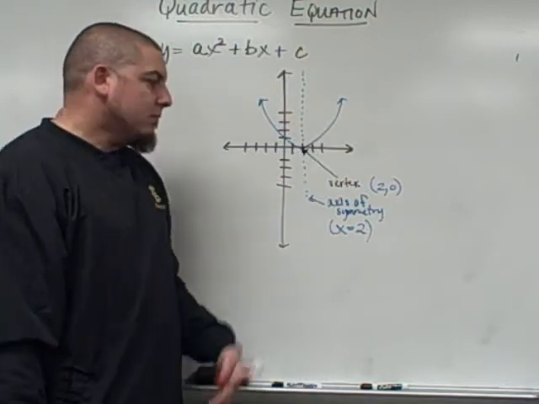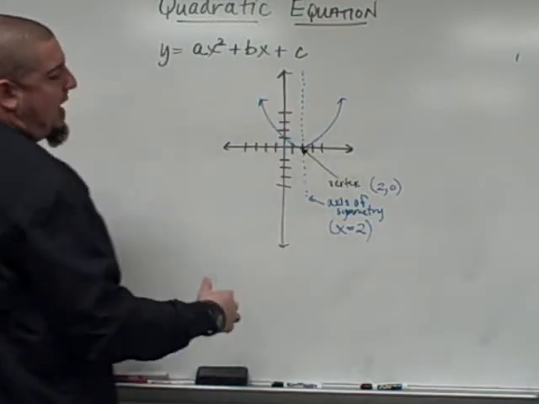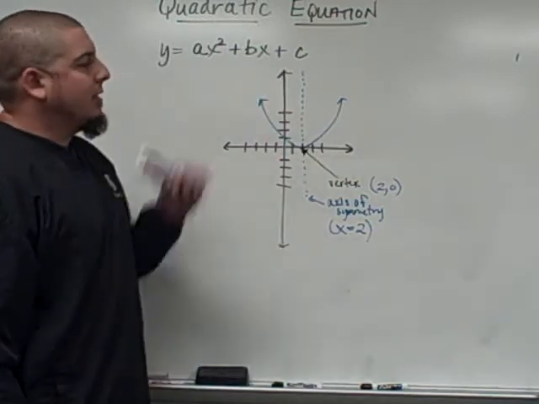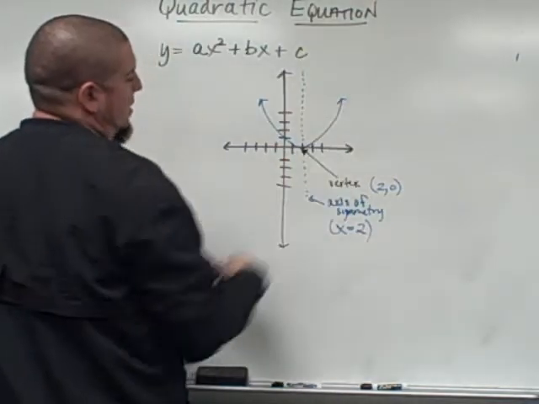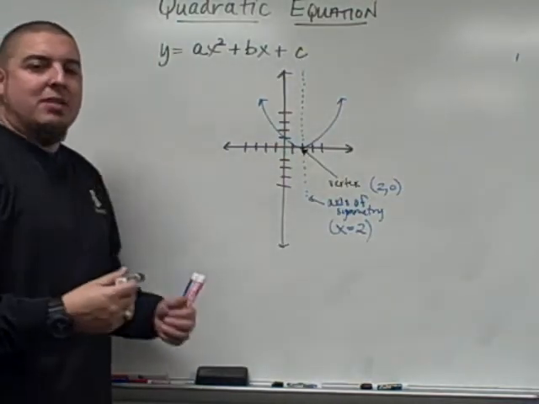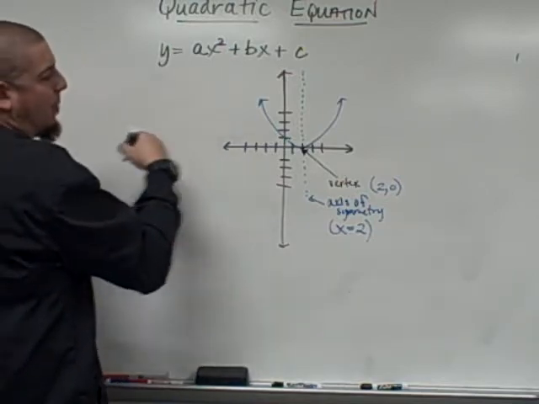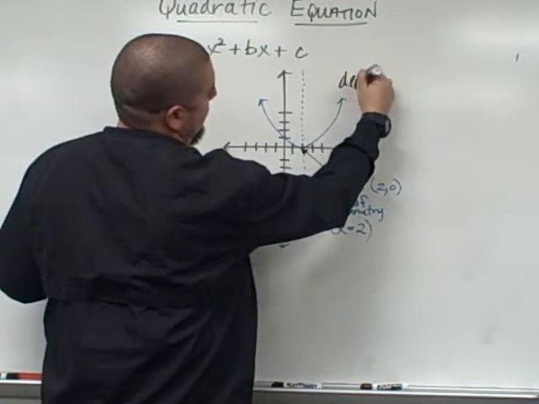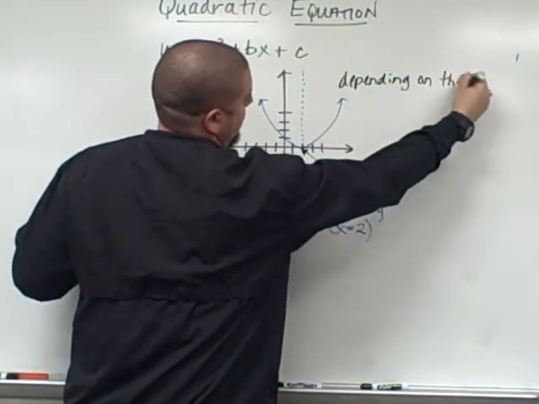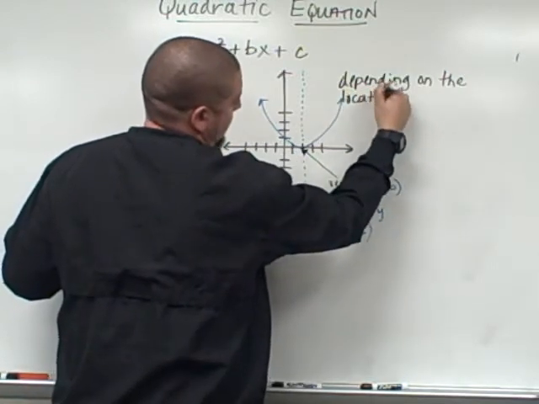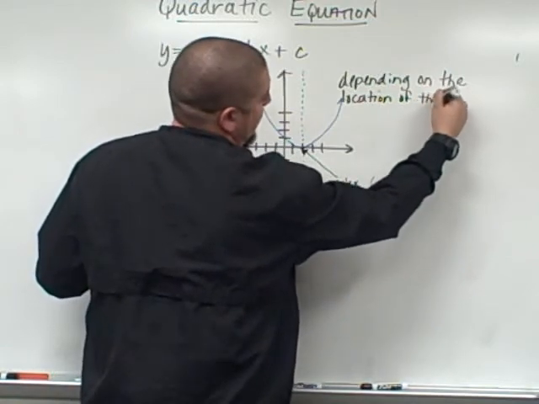Okay? Now, let's talk about the vertex again. I just wanted to show you the axis of symmetry real quick. Now let's talk about the vertex real quick. Okay, we've talked about the vertex. That's the point at which it changes directions. Each vertex creates something. Depending on our vertex, or depending on the location of the vertex,